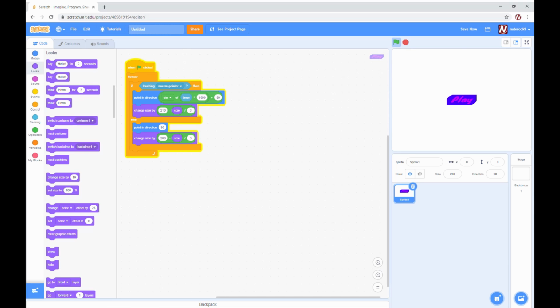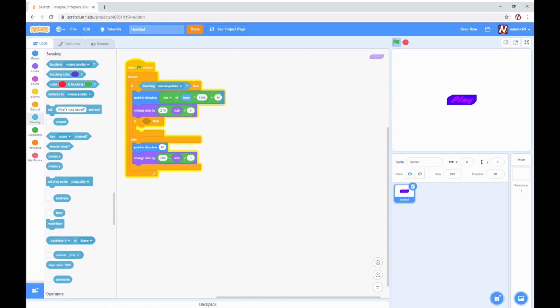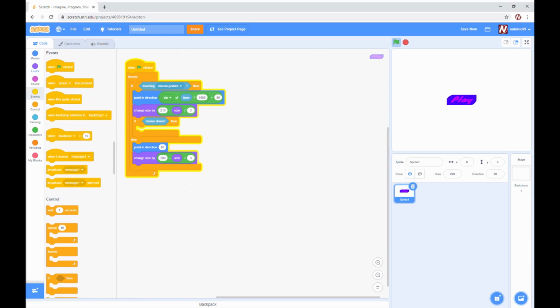Alright, perfect. And then you want to grab this. You want to do an if mouse down. So basically, if it's touching the mouse pointer and the mouse is down, you can just do whatever you want with it. So yeah,